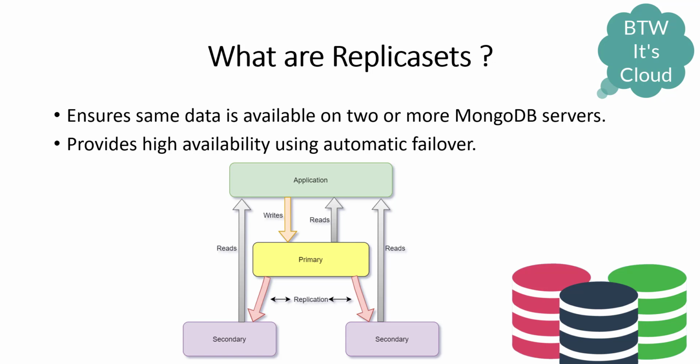The most important thing in any replica set architecture is that the write operations take place only with the primary, while the read operations can take place from all three, that is from the primary or both the secondaries. And the replication process will be going on throughout the working of the replica set, from the primary server to both the secondaries. Before starting the tutorial, let me show you the setup.